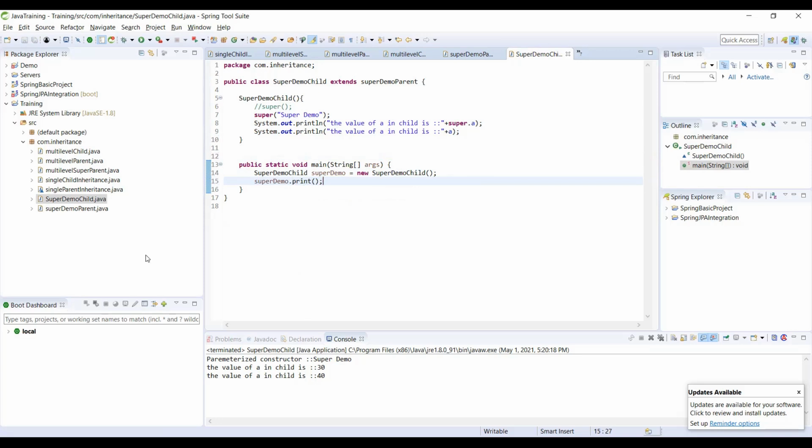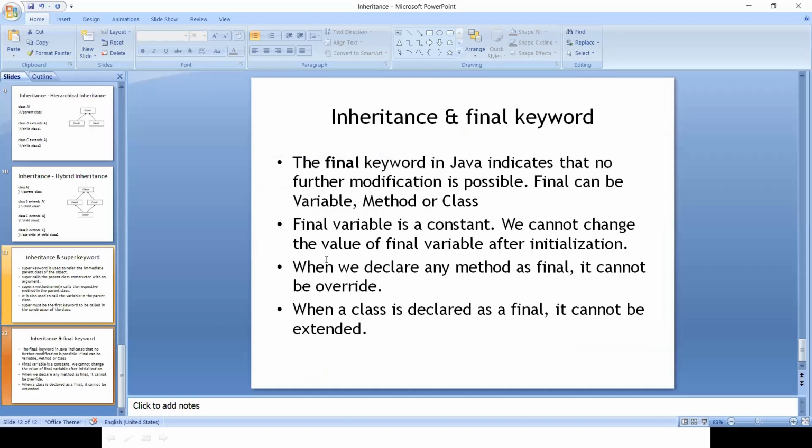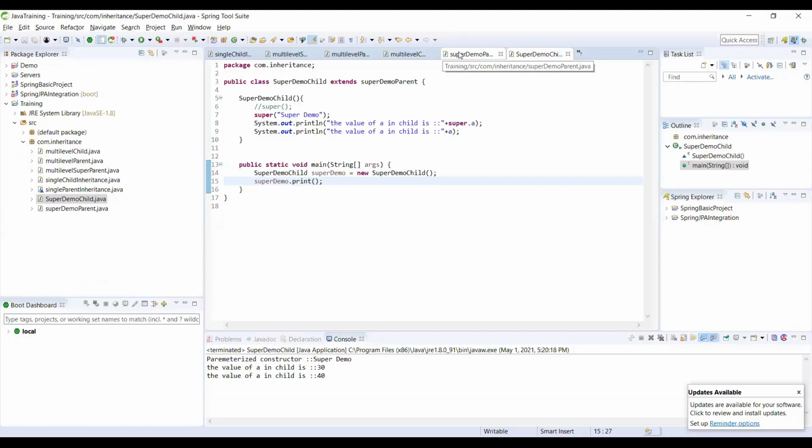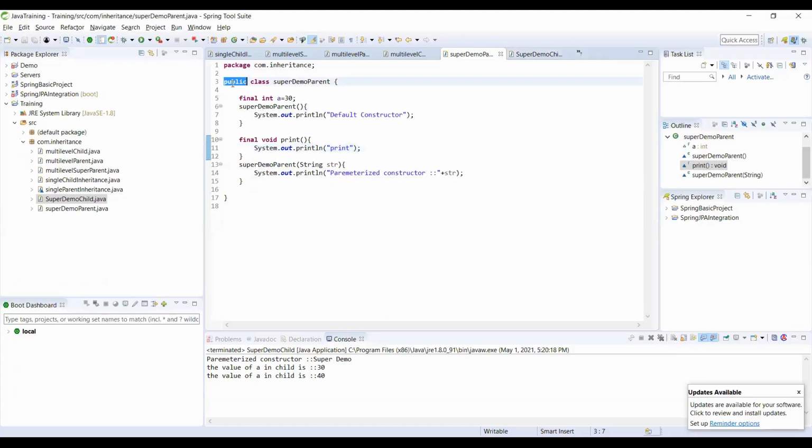So since the final keyword can be prefixed to a variable, a method, or a class, though you are inheriting, you can make use of those methods or variables as they are, but you cannot override the method or the value of a variable when it is declared as final. But when a class itself is declared as final,